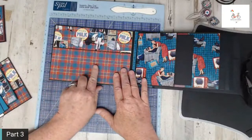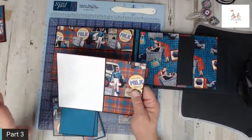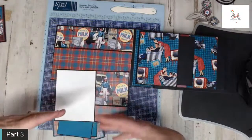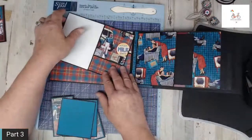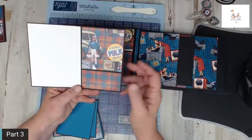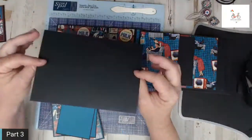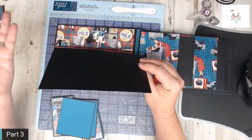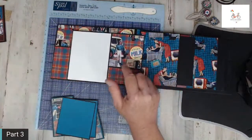I used the Milkman paper, and what I love, there's so much in this paper that depicts the men in our life. And whether it's your vintage or your retro papers, or you're wanting to do just something fun for Father's Day. So this was the mat we cut. All your sizes are in video 1 and video 2. You'll find the cutting guide for this